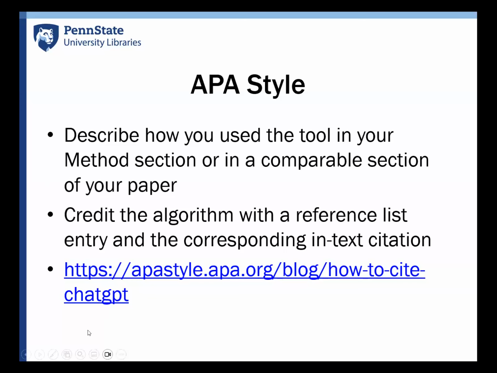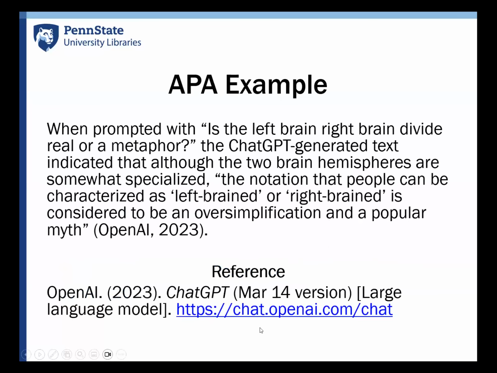And we can make these slides available so you can have all these links. And if you go to the next slide, there's an example. So this is an example from APA. They mention ChatGPT in the text. And then there's an in-text citation, and then there's also a reference where